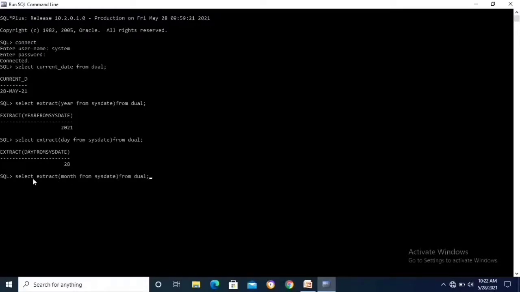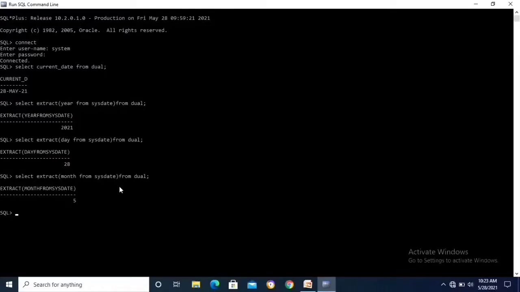This command is used to display the month from the system date from dual. In my system date the month is 5. So 5 is displayed. Enter key press. So 5 is displayed. Today is the 5th month. So 5 is displayed.